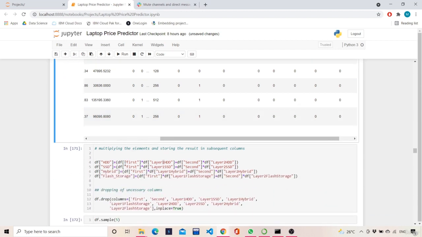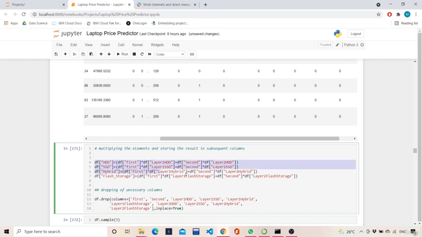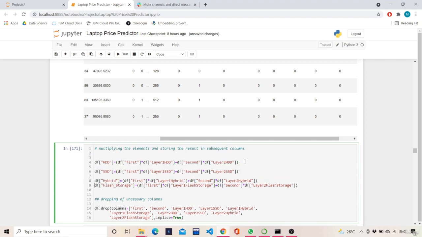So what does this mean? Df of first is 128 star 0 plus 0 star 0. So this becomes entirely 0 for the first row. This is a simple arithmetic operation